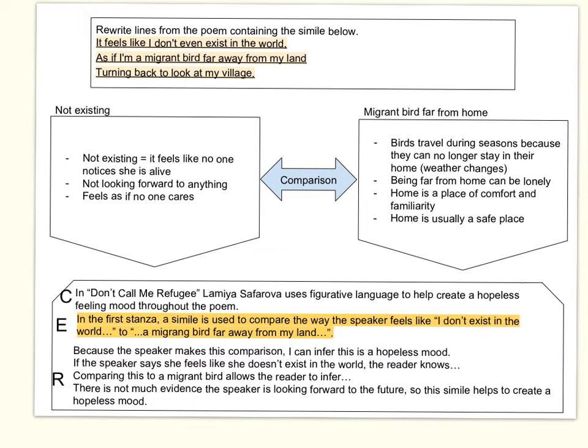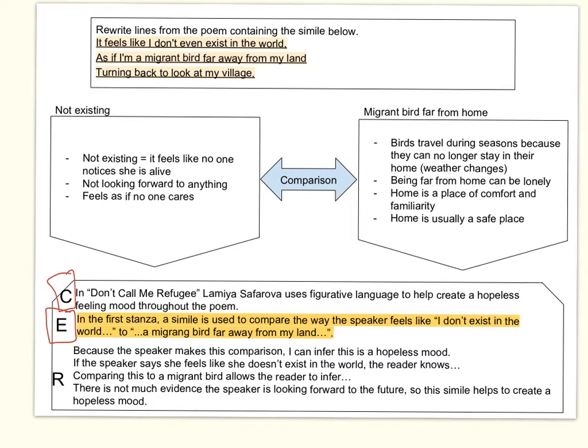So once I've thought through the background knowledge between what's being compared, I'm ready to go ahead and start brainstorming my claim, evidence, and reasoning. I've created a claim for you, and I've already used some transition phrases to include the evidence from the poem as well. You can see that listed next to C and E. I would like you to write this down on your graphic organizer next to C and E as well. Go ahead and pause the video and write that in now.